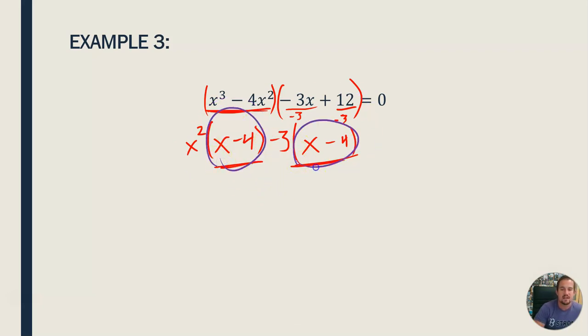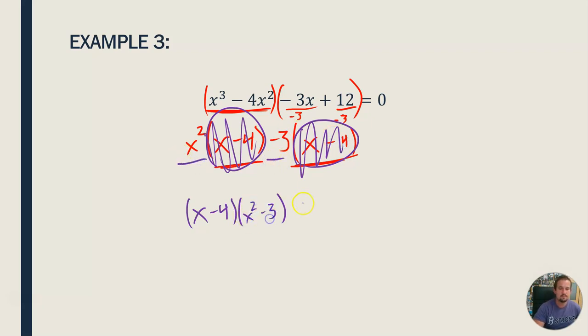That common factor is x minus 4. So I'm going to write x minus 4 out in front here. And all that I'm left with when I take away x minus 4 is x squared and minus 3. Okay? Now this is a problem I can solve. Now that this problem is completely factored, I'm going to set both of these factors, both of these parentheses, equal to 0. So I'm going to set x minus 4 equal to 0, which would give me a solution of